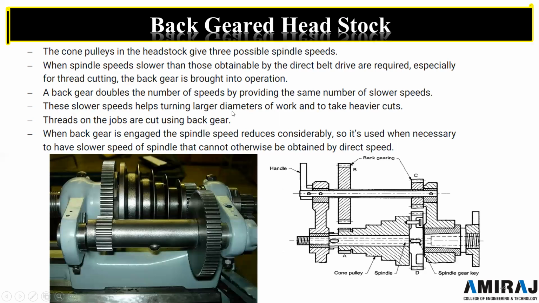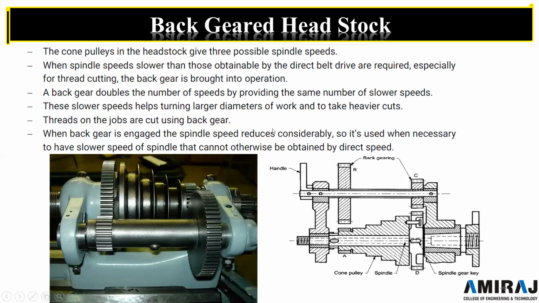This slower speed helps in turning large diameter workpieces and taking heavier cuts. Threads on a job are cut using the back gear. जो थ्रेड्स हैं वो बैक गियर से ही कट किए जाते हैं क्योंकि उसमें स्पीड जो है वो कम रखनी है। When the back gear is engaged, the spindle speed reduces considerably। जब हम बैक गियर को एंगेज करेंगे, the spindle speed reduces considerably. सो यहाँ पे जो स्पिंडल स्पीड है वो कम हो जाएगी।